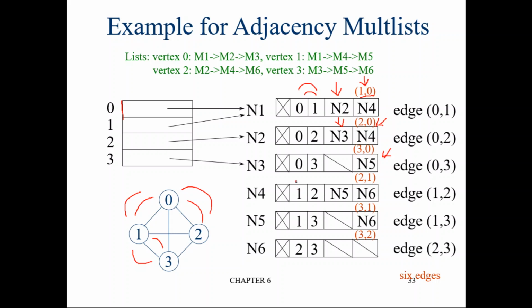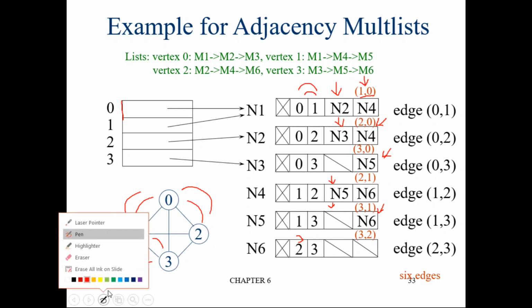When you say 1 to 2, you have to refer this pointer. When you say 2 to 1, you have to refer this pointer. When you say 1 to 3, it is here, it is null. When you say 3 to 1, you have to refer this pointer. When you say 2 to 3, it's null. 3 to 2 is also null. Let's see how this thing works.